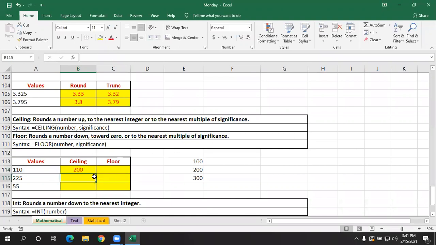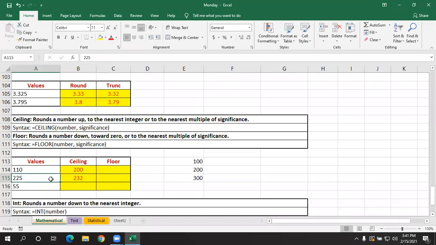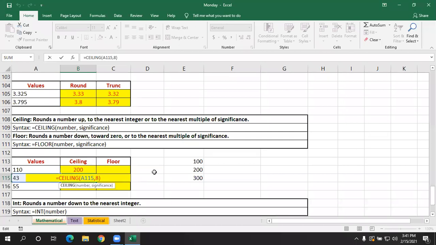In the same way, I'll give equals ceiling function. I'll give this number, comma, a significance of 8, and press enter. Instead of 225, I'll give 43. I think you can understand this. In multiples of 8, do we have 43?